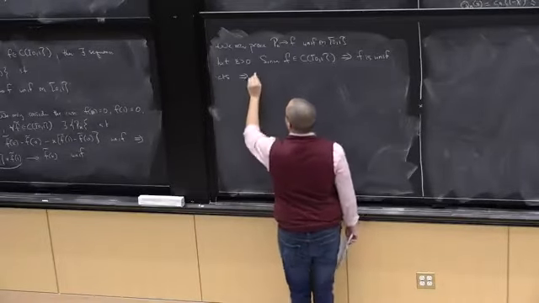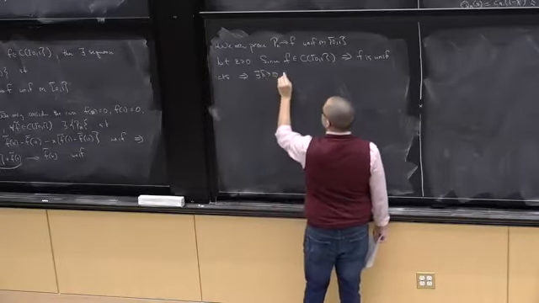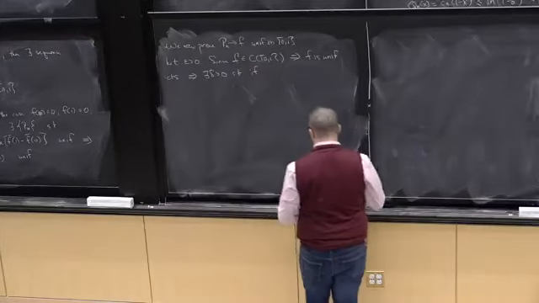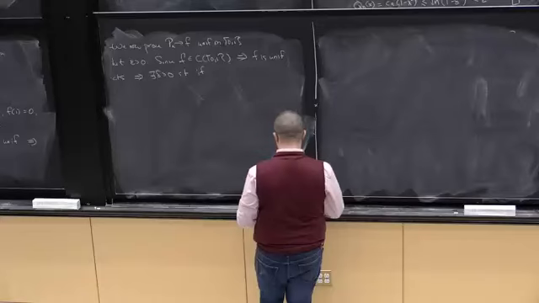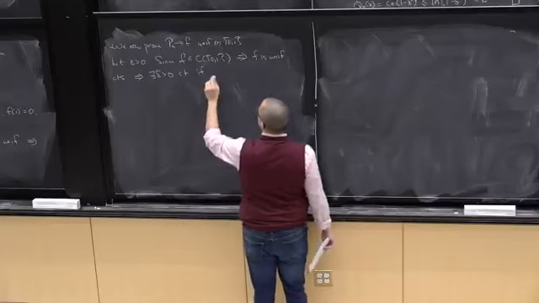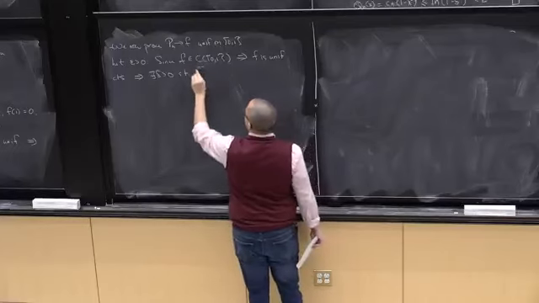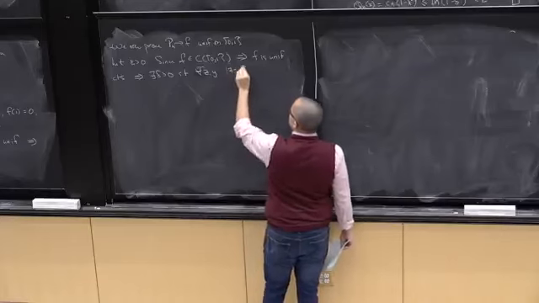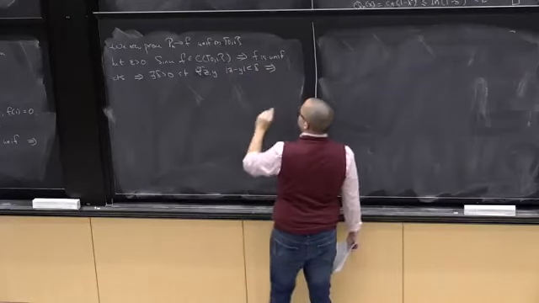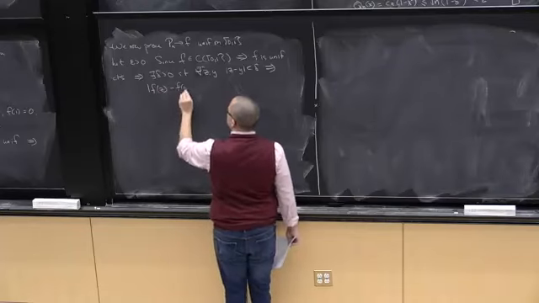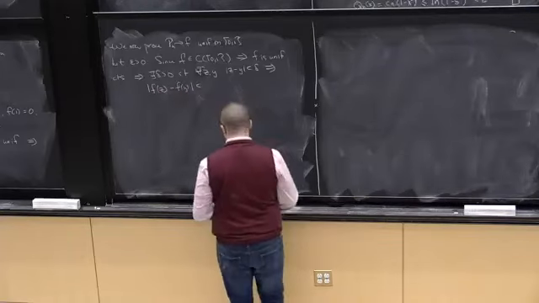And therefore, there exists delta positive such that, for all z, y with absolute value of z minus y less than delta, we get that the absolute value of f of z minus f of y is